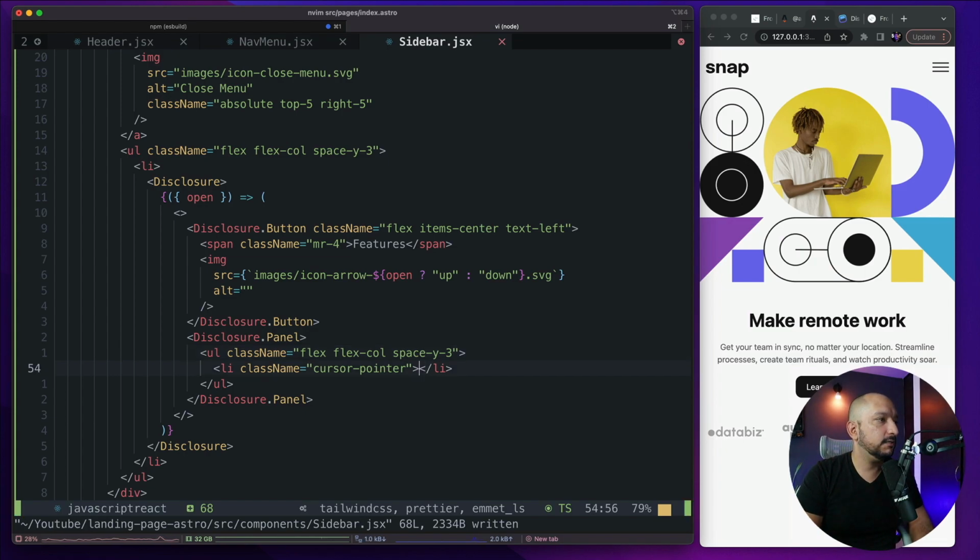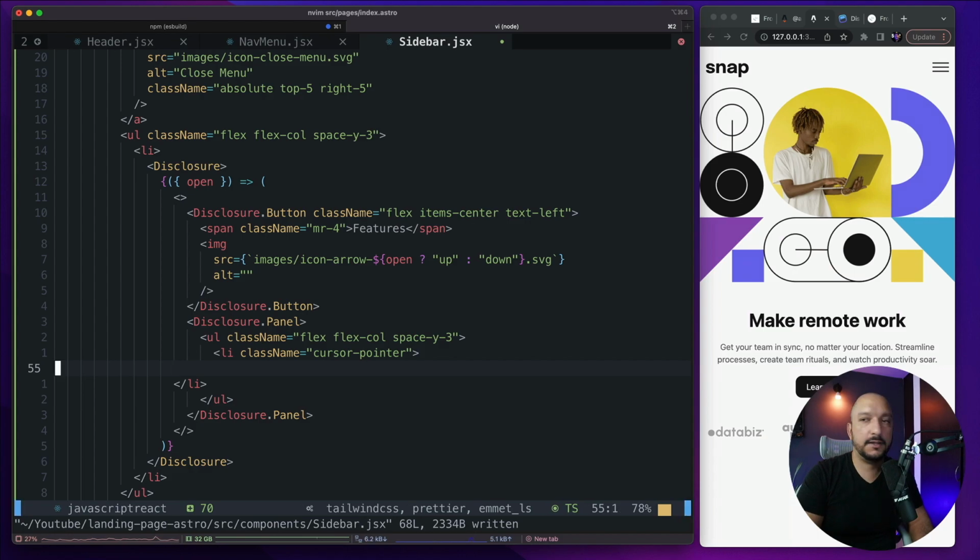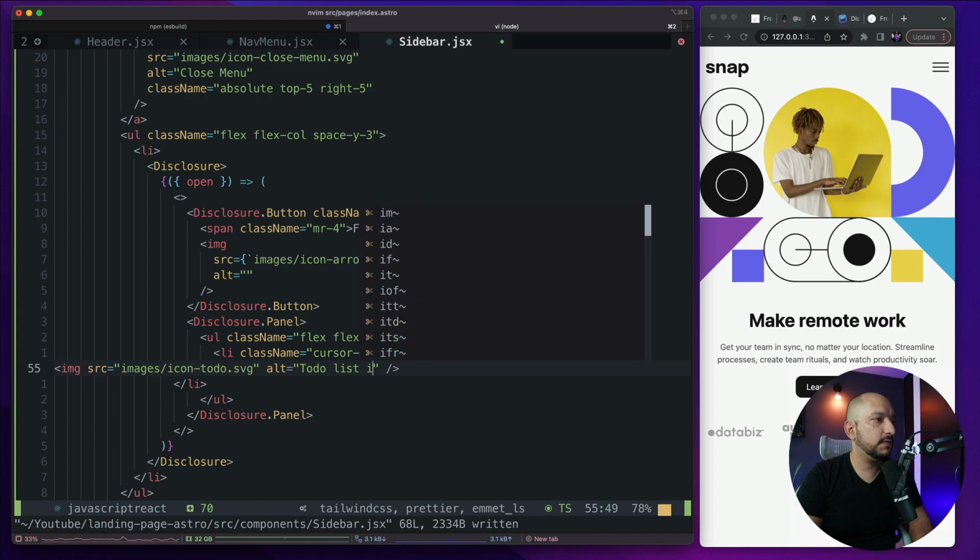And inside this li we have an image. This is an icon for the to-do, so this should say to-do list icon,